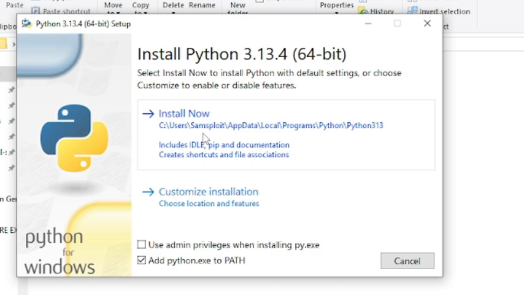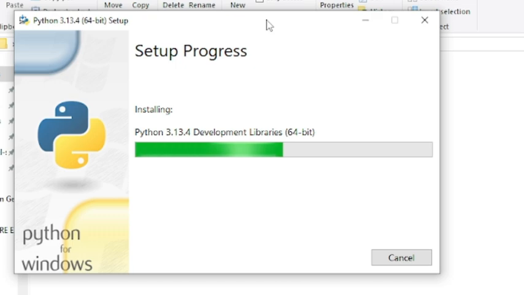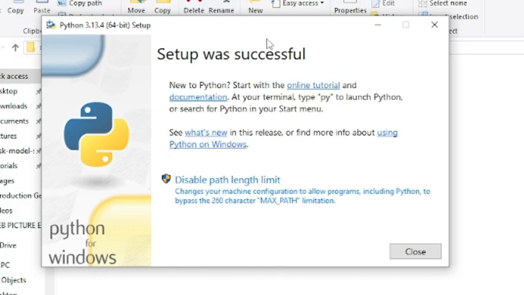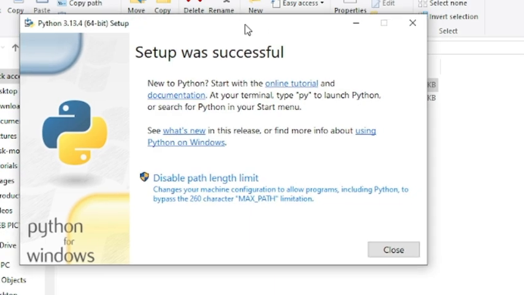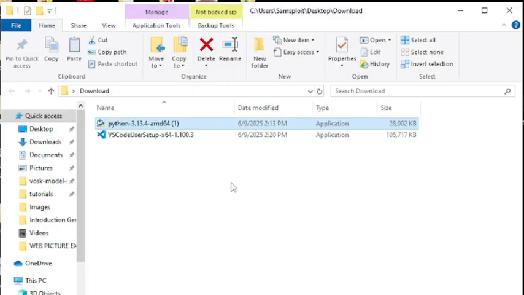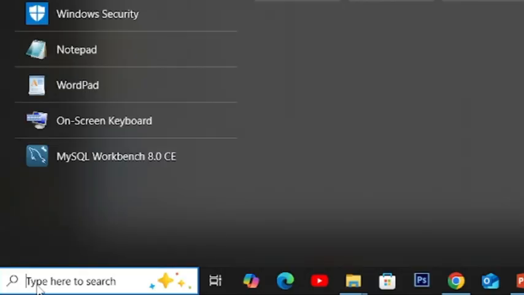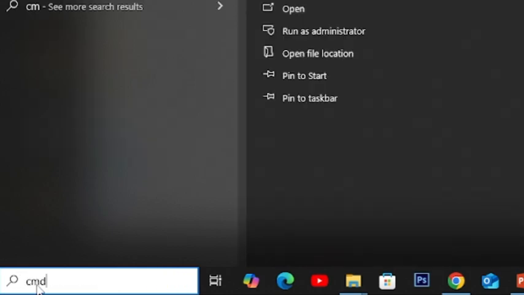Now the setup installs Python on the computer, and then it says the setup was successful. How do we know that the setup is really installed on the computer? On the taskbar, use the search for items on the computer and type CMD.